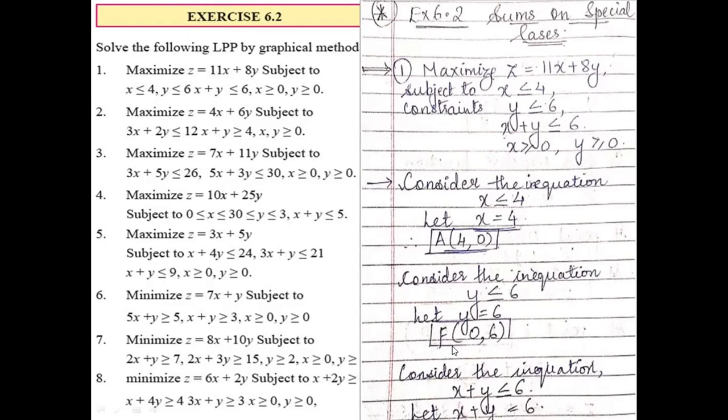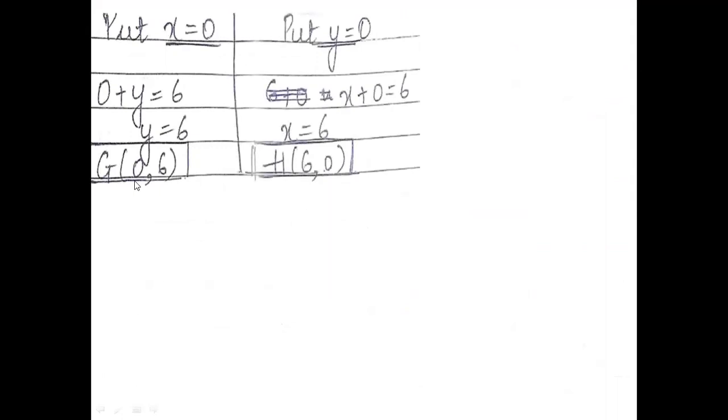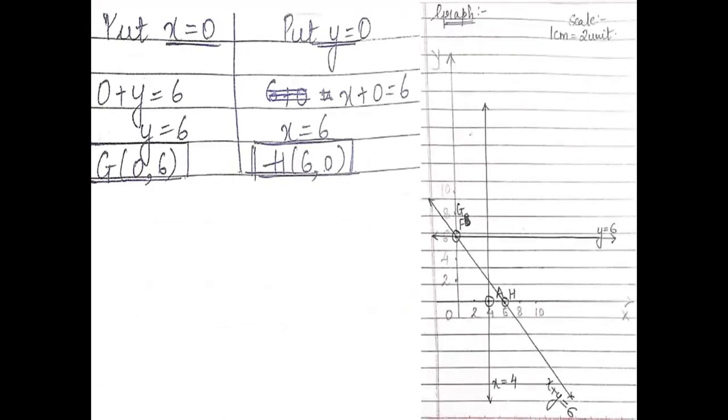I hope you all keep in mind that whenever there are independent variables, both x and y existing, please name the coordinates differently or separately, like I've done A and F. Now for the third inequation, you can give two consecutive alphabets back to back, because you have to join the line of x plus y is equal to 6. So we get the coordinates 0, 6 and 6, 0. As you can see, I have named them together, G and H.